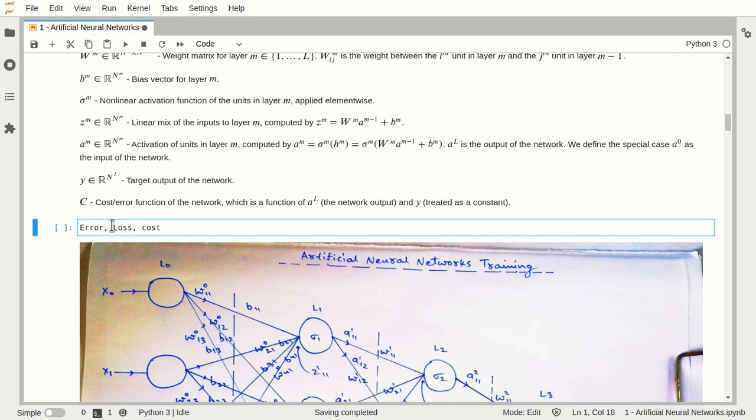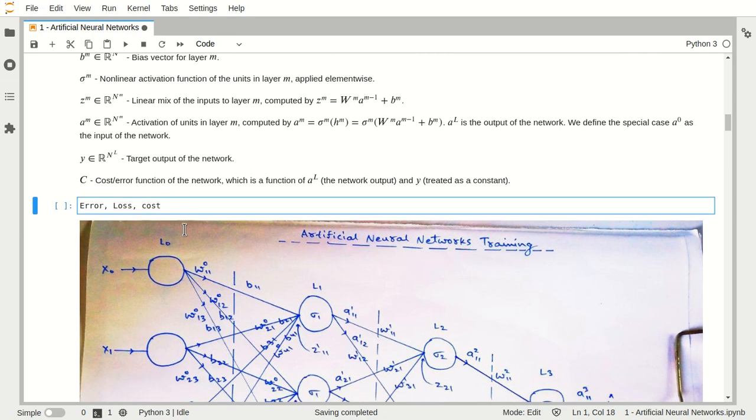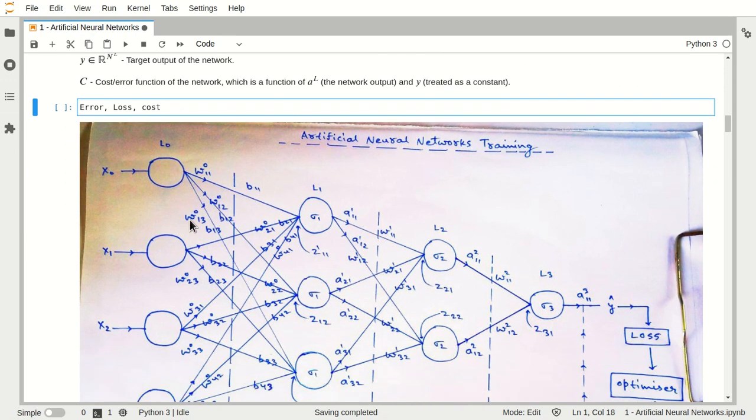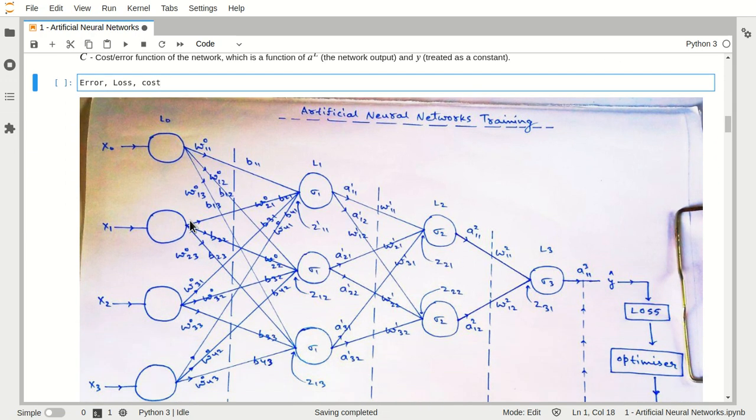These three terms are very identical and very near, but have slightly different meanings. First of all, we will come to error. So what is error? Suppose that in the very first step in machine learning, we split our data set into two parts, right?